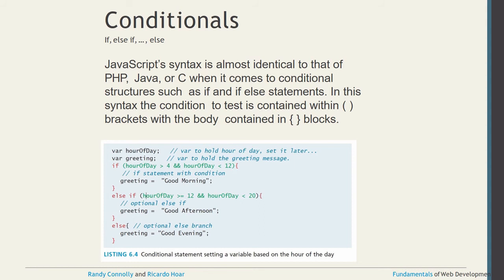Coming to one more thing, which is called conditionals. What is the meaning of a condition? A condition is if else, whatever you are deciding by writing statements, and that comes under if conditionals. JavaScript syntax is almost identical to PHP, Java, or C in terms of the conditional structures and syntax. Got it? So first of all, inside the parenthesis we write the conditions, and then we go for the statement inside the curly bracket.